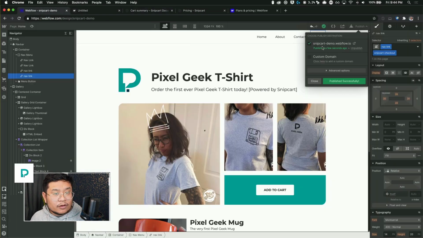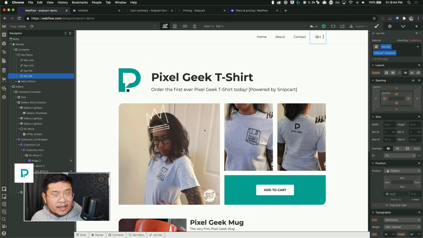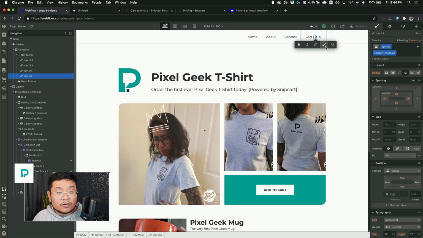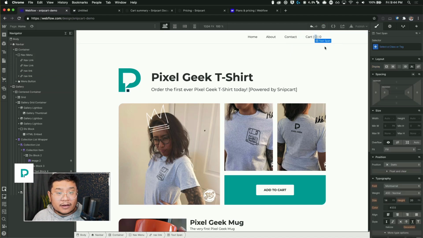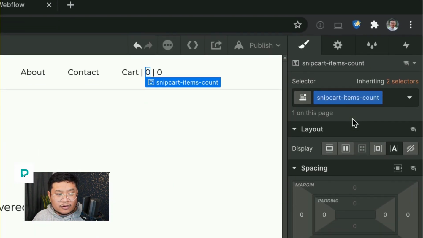go to Webflow and let's add a pipe and just say 0, and then another pipe, and then I'll just add another 0. Okay, so for this first 0, I'm going to wrap it in a span, and then give this span a class name of snipcart item count.